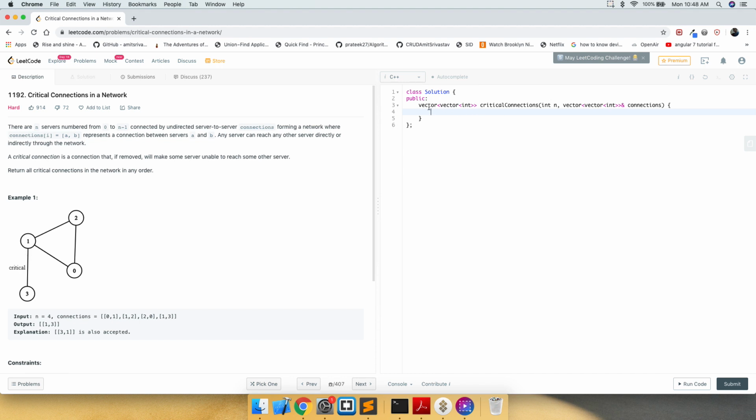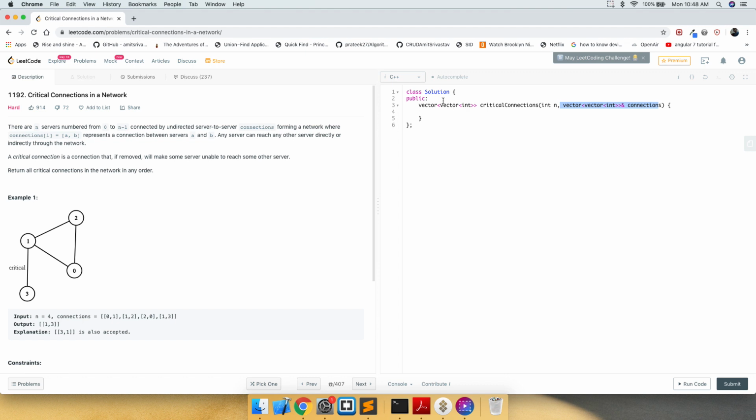We are going to learn how to find the critical connection. We are given a class called Solution, and a function called criticalConnections with n representing the number of vertices. In this case I think 4, and then there's a vector depicting all the connections: 0 1, 1 2, 2 0, 1 3.